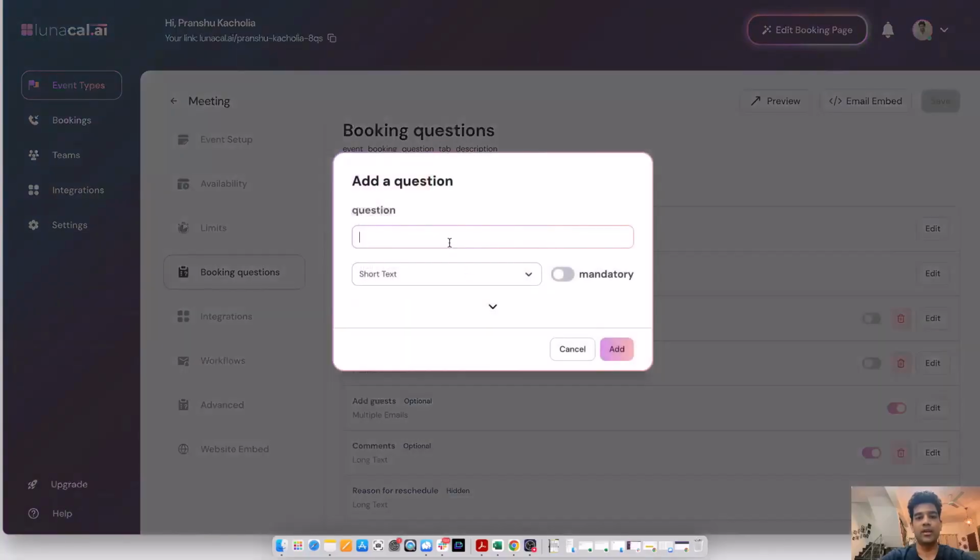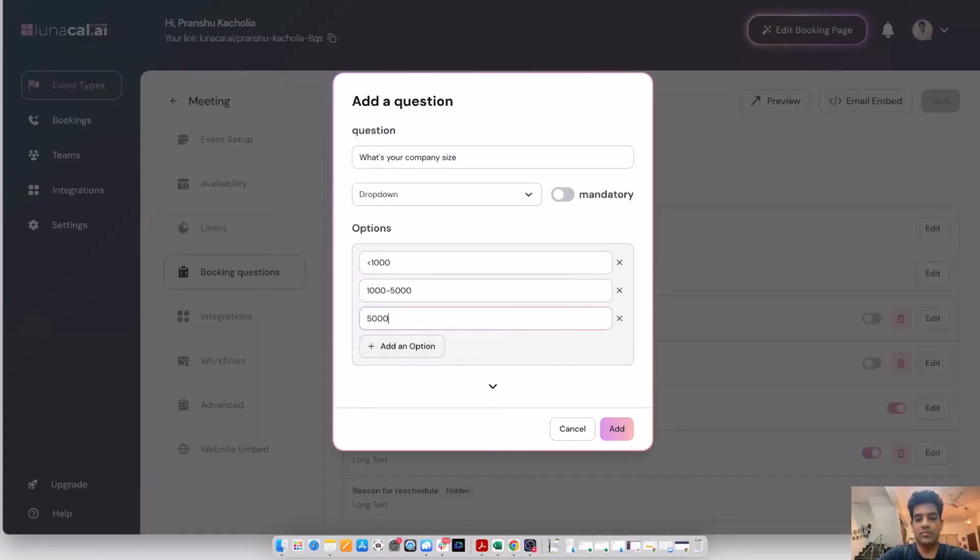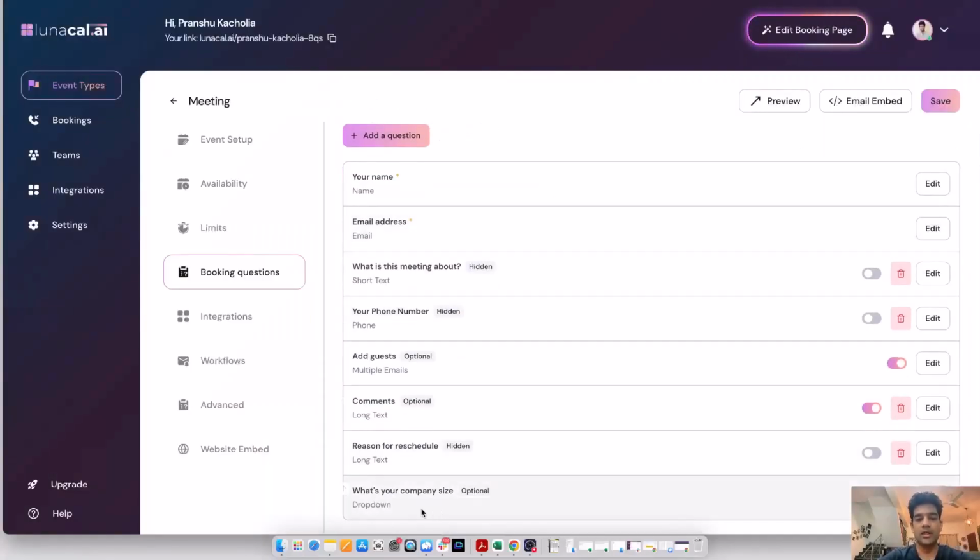I can, let's say, ask "What's your company size?" as a question, and I can have a drop down present here with different options. Okay, less than 1,000, 1,000 to 5,000, and 5,000 plus. So these are the three options that I've put in for "What's your company size", and then I can save it,